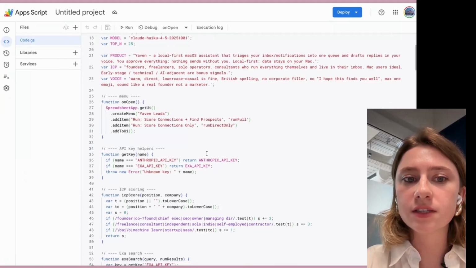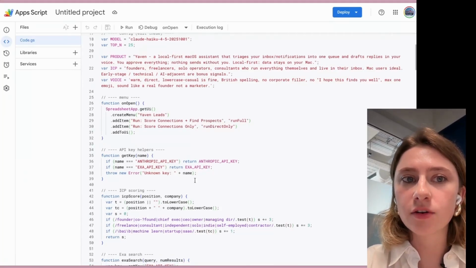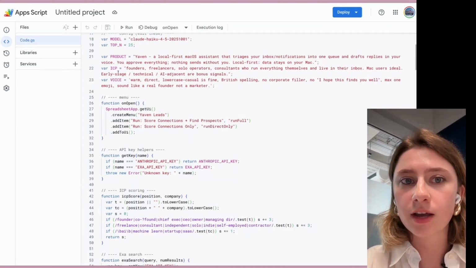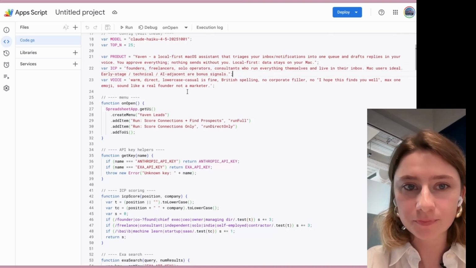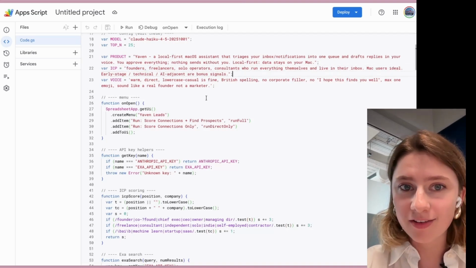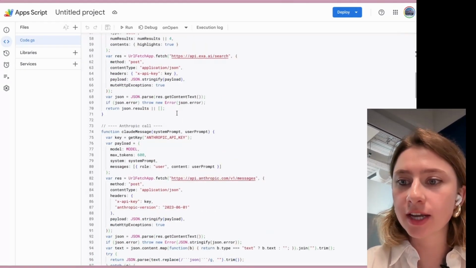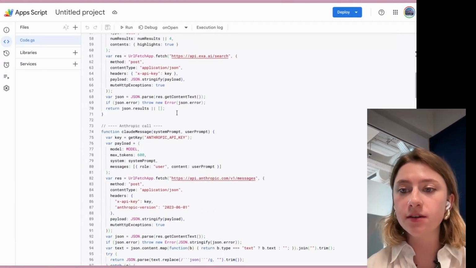But essentially what this is doing is, here I explain my product very simply. You can expand on this. I've made it quite simple for now. My ICP: founders, freelancers, solo operators, etc. And then my voice. What this is doing is basically fetching every single person that is on your CSV of